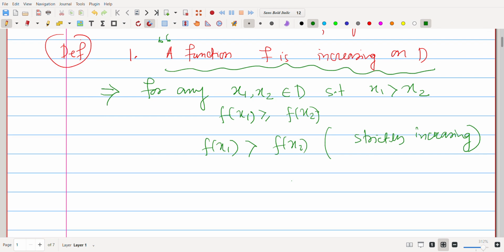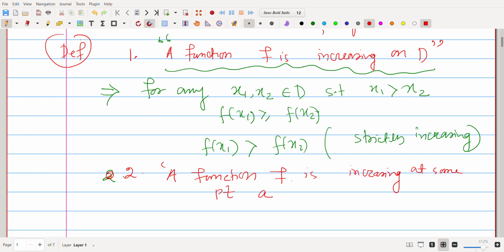Now second thing, the most of the students have doubt because of this problem of the language. Okay, so before going to solve any problem, you need to understand what is the meaning of the statement and what is the definition of the statement. Okay, so definition of increasing on an interval is given by this, and a function f is increasing at some point a. What is its meaning? Its meaning,